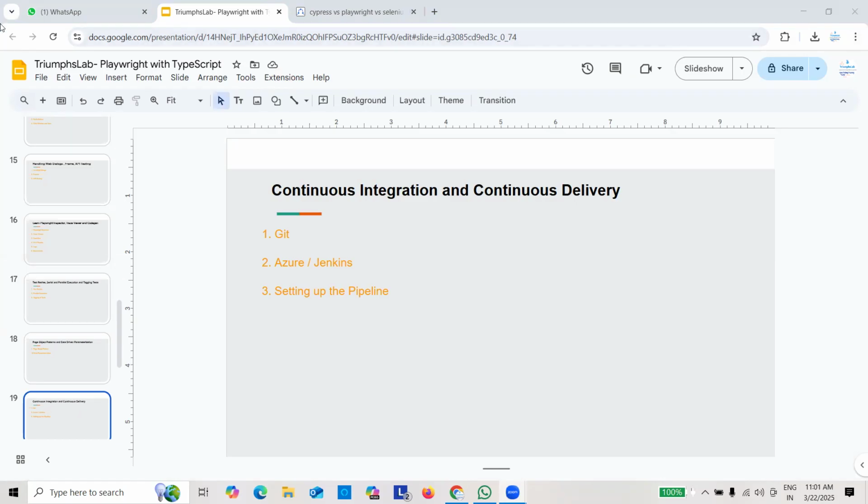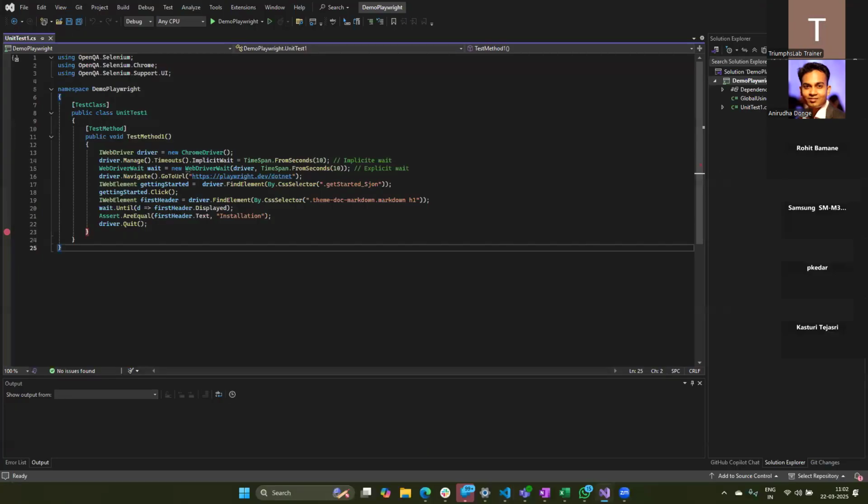Anirudh, you can share your screen. Okay, fine. Yeah. Let me know once you're able to see my screen. Is my screen visible? No. Is it available now? Yes, visible.